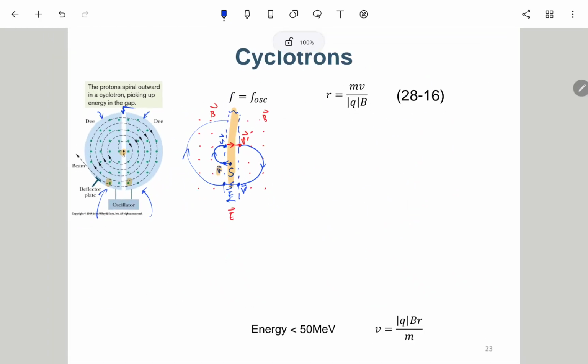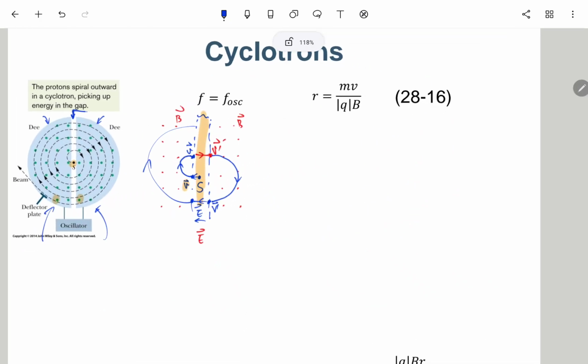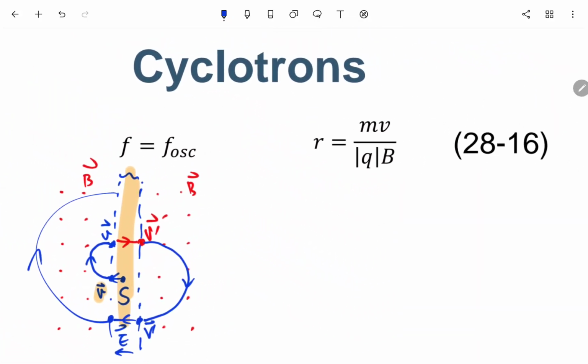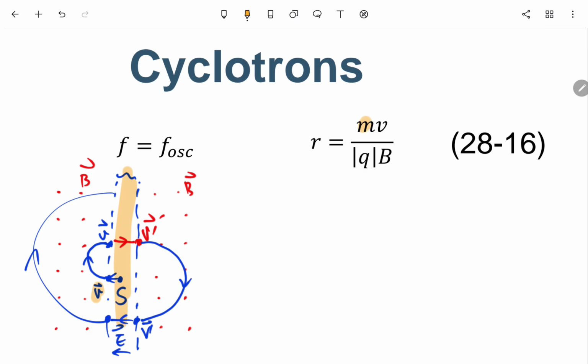So why does the radius become larger and larger? So the idea is here. Okay, you can see the mass doesn't change, the charge doesn't change, and the B doesn't change either. So what can be changed is only this V. Okay, so if V is larger, the radius is proportionally larger, 就是